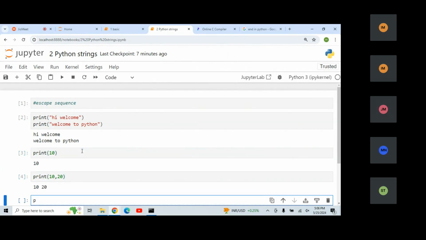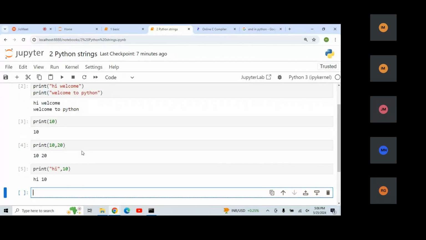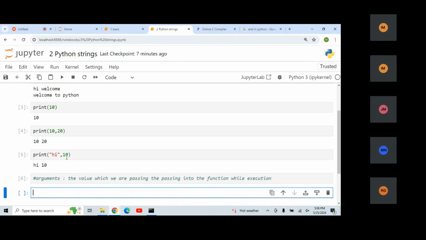or else I'm printing one string value or one particular number, these values are called arguments. What do we call them? Arguments. Arguments mean what? The values which we are passing into the functions while execution. Whenever you execute any particular function, for example the print function,